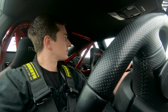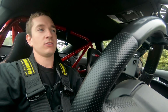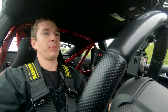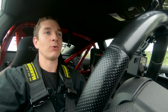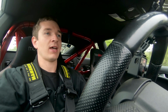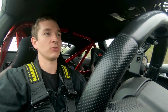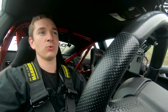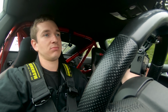Scott's worked it out to about 1,500 miles or something like that, but it basically works out at 20 laps of the ring, 4 laps of the GP track, 30 odd laps of Spa, plus driving there and driving back. This car's averaged 20 miles per gallon. On track it were averaging about 10, but obviously you need to bear in mind that like the M4s that we went with and some of the other guys that were there, they probably filled up 2 or 3 times as much as we did, and obviously they're having to put super special 99, 102, whatever petrol in there, which is even more expensive. We can just run any diesel, cheapest place you can find,